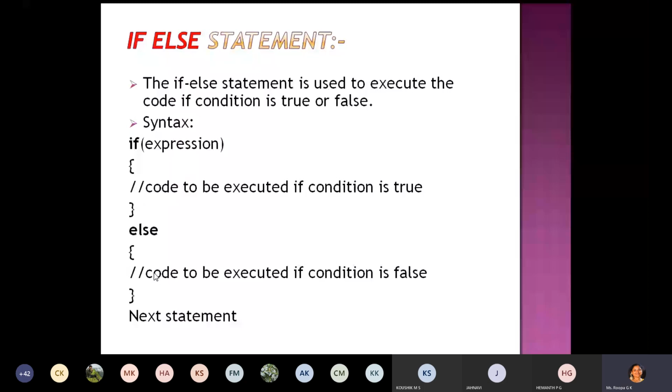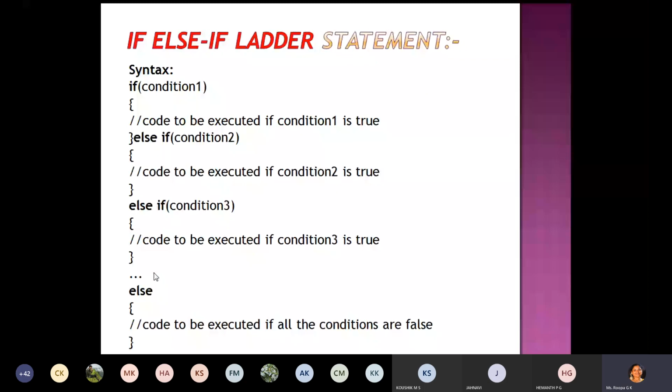Okay, next. The if else if ladder statement. What does it do? What is the syntax? If you want to check different conditions, then we can make use of the if else if statement. It means if condition 1 or expression 1, first this expression will be checked. If it is true, code will be executed as usual.